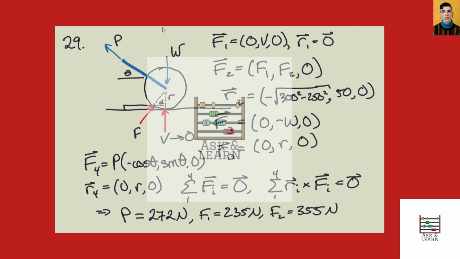In this problem, we have a roller here, and we're trying to pull it over this little step from the lower surface. We're pulling in a direction theta with the horizontal. So what we have here is a force from the lower surface, but as we're going to get this over this hump, this lip here, this force is going to go to zero at the point where this starts to rotate and rise up